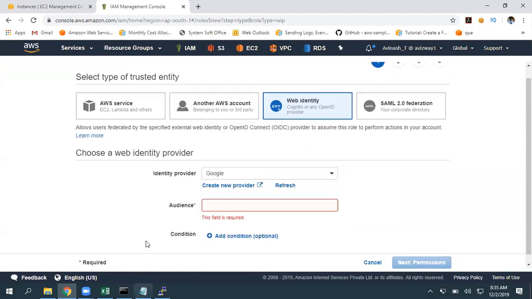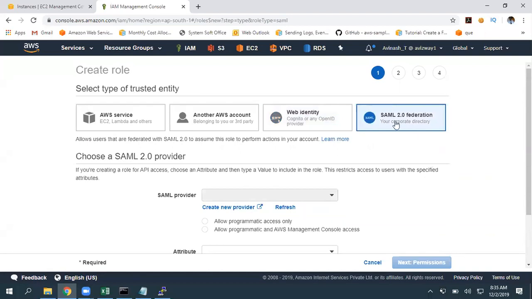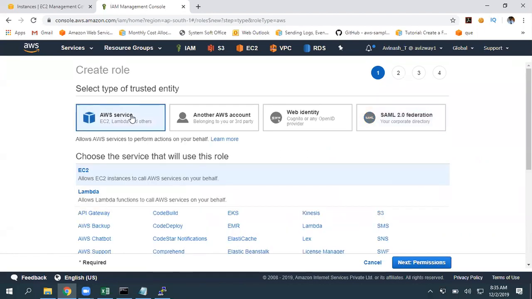So who is the audience and conditions? We can discuss these things in our Cognito section. And SAML: if you are using your own corporate credentials with AWS, we can use SAML, Security Assertion Markup Language. You can use that, and you can configure who your provider is.